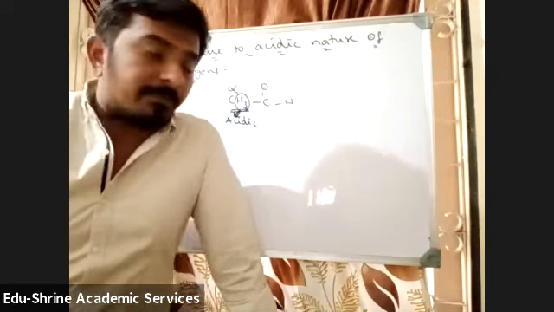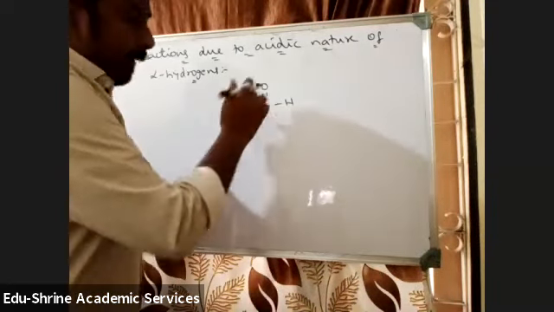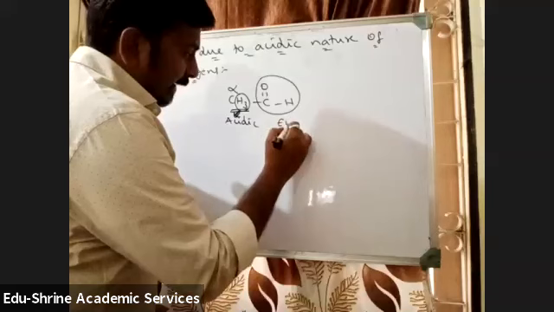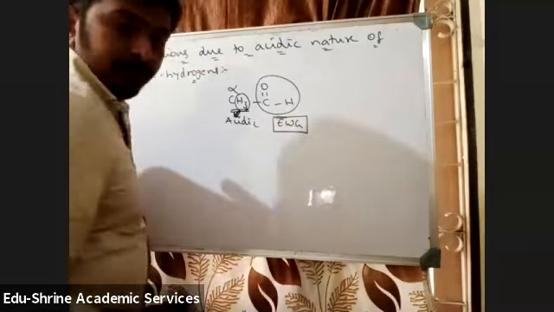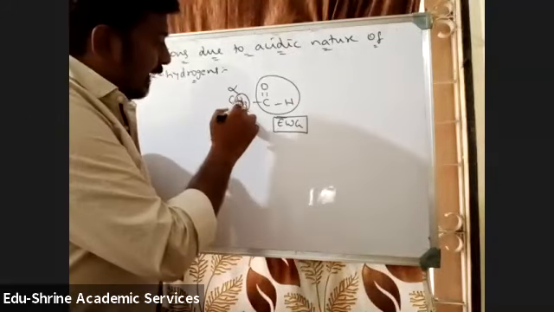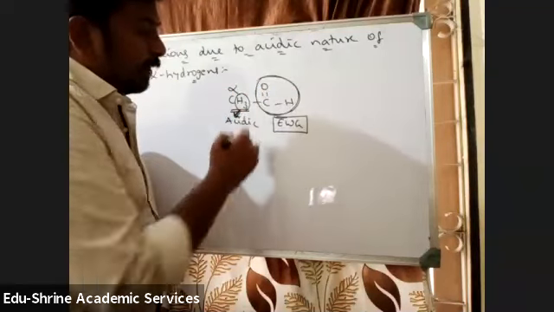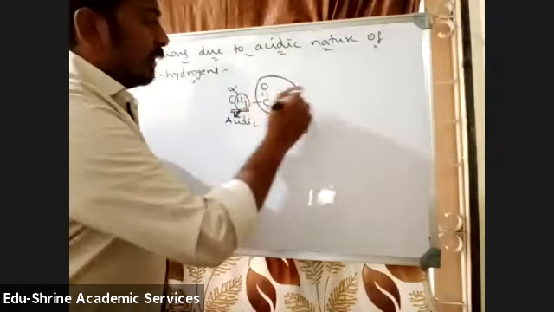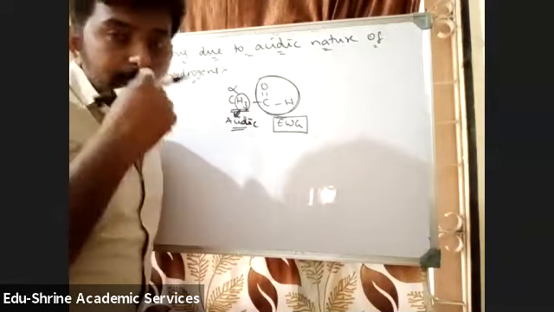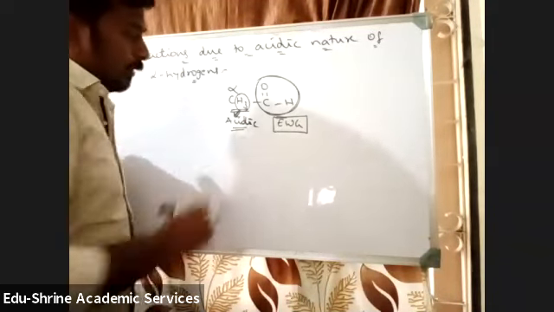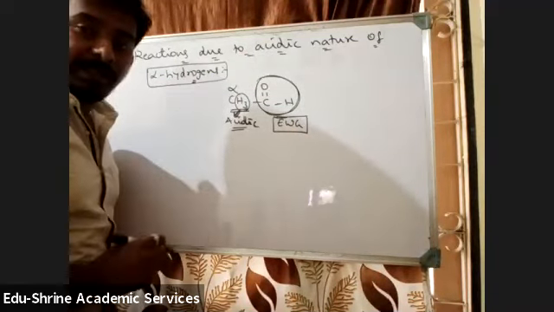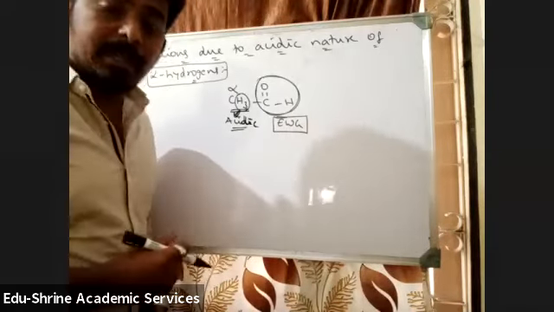Now you can see this CH3, C double bond OH. We know that this is an electron withdrawing group. Either you take an aldehyde group or a ketone group, it is an electron withdrawing group. So these hydrogens are attached to an electron withdrawing group, and due to its presence, these hydrogens will be acidic in nature. That is how we tell that alpha hydrogens are acidic in nature. Due to this acidic nature of hydrogens, these undergo some chemical reactions.